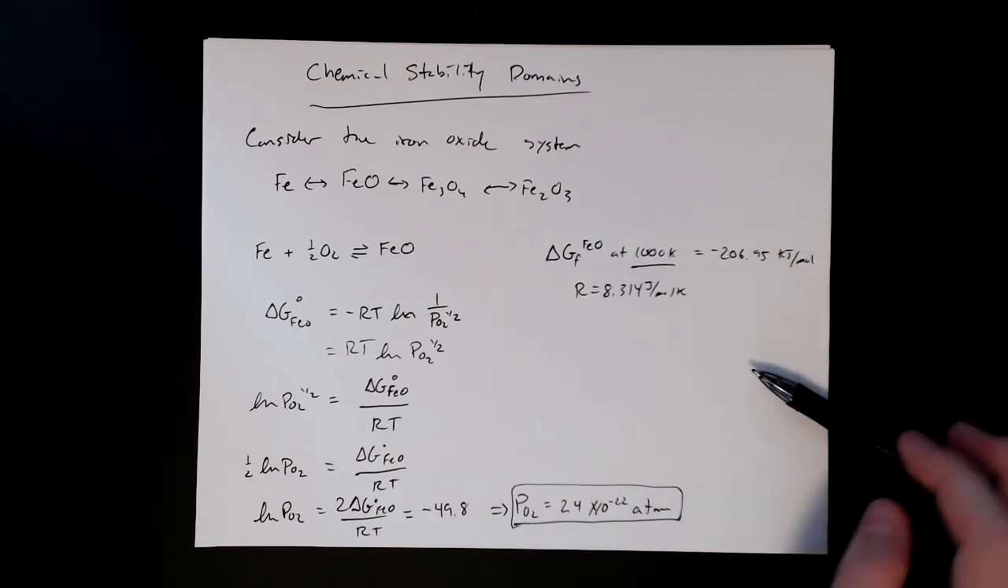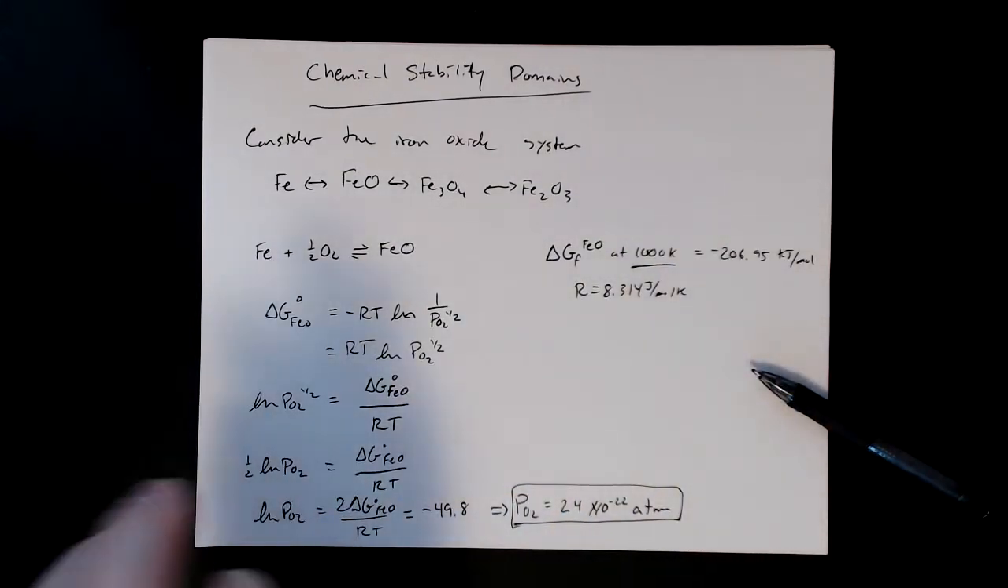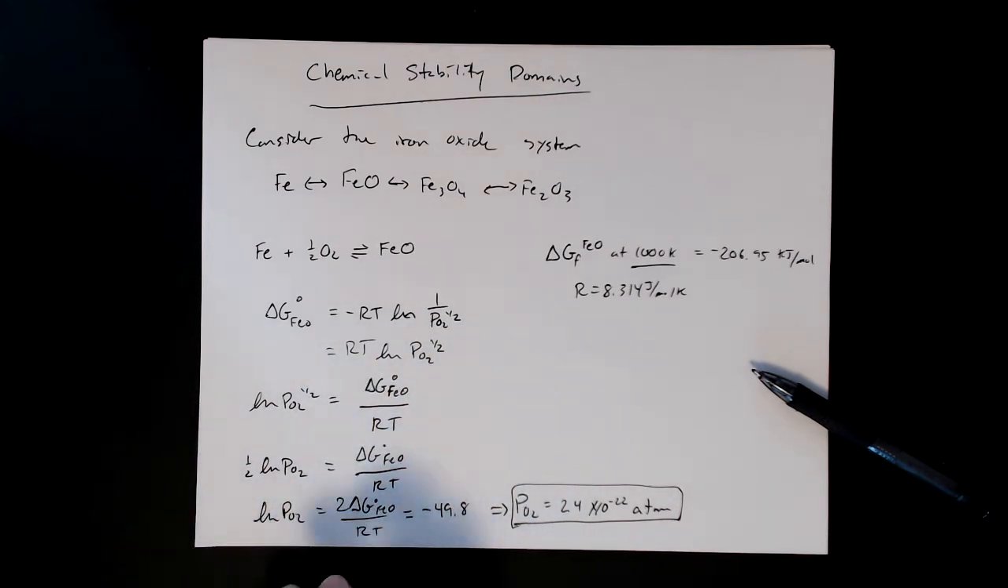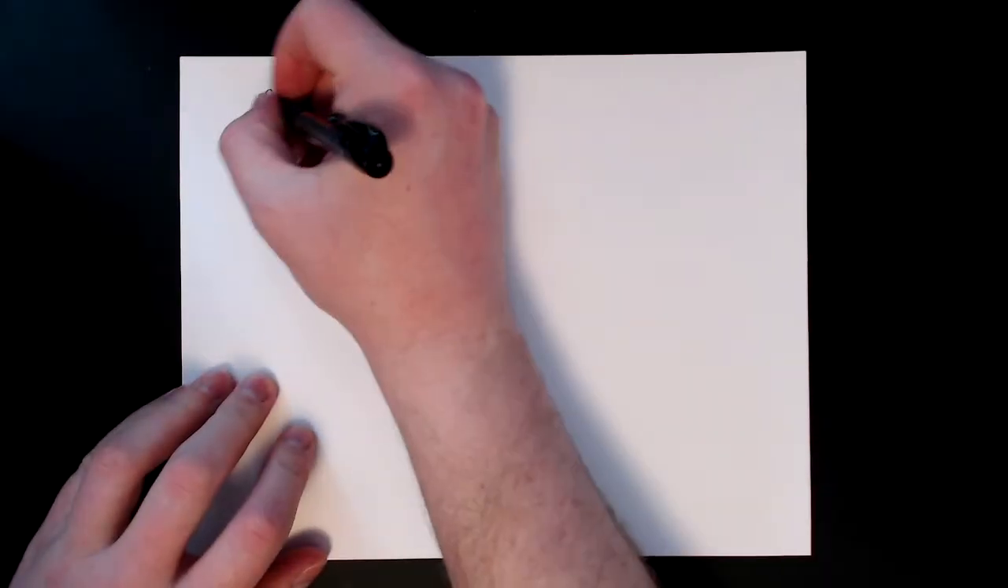So here in a second, we're going to come back and look at the other chemical stability regions for the other oxides of iron and see if we can get all of the chemical stability domains for this system. All right, so now let's consider the chemical stability